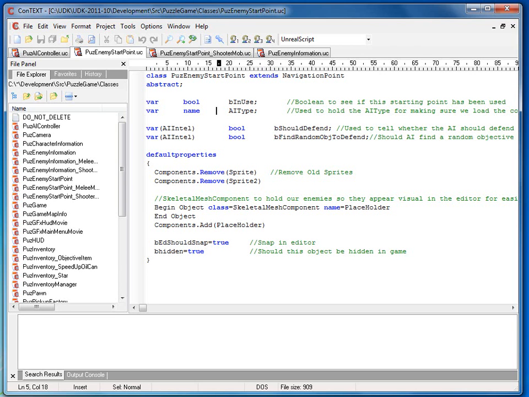Now you can change the code however you like. If you want the AI to react within a range or when he just sees them, you could obviously have that going on. But I wanted to bring something a little different into the game than just simple see-and-kill type of